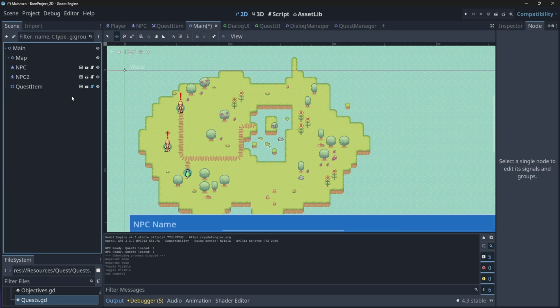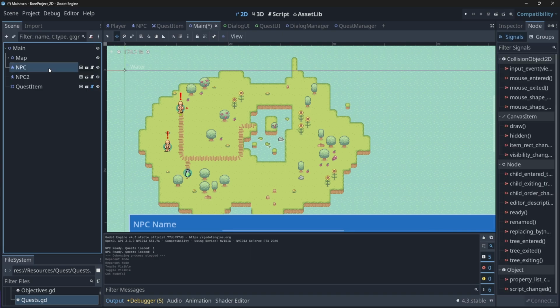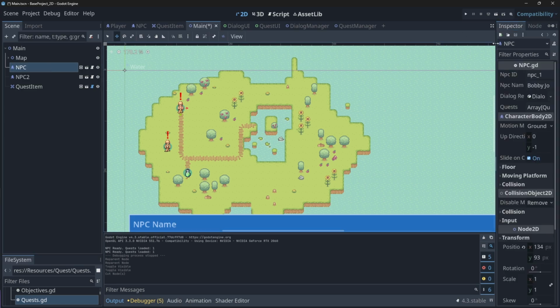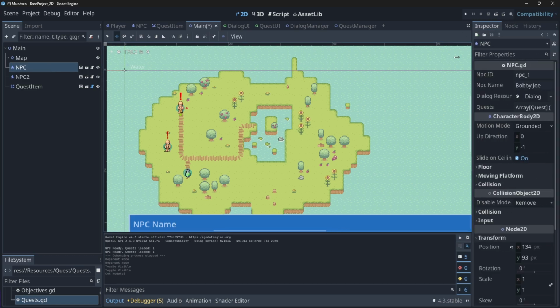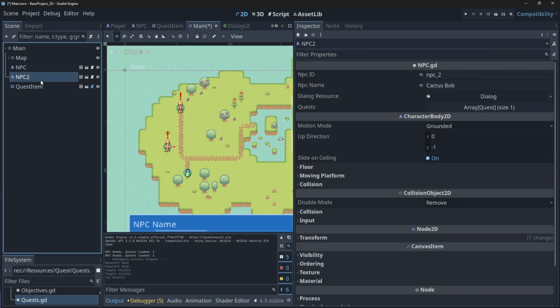Now, if we look at our main scene, we currently have two NPCs that we've instanced, and we have one quest item. I'm going to make sure that I gave each of my NPCs an ID that correlates to their dialogue data, and that each of them have a name. If both of them have an NPC ID and both of them have a name, we can move on to